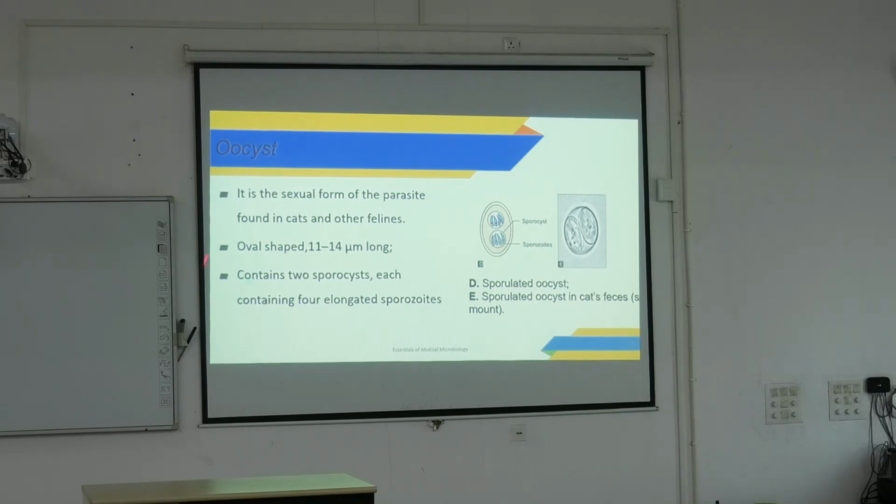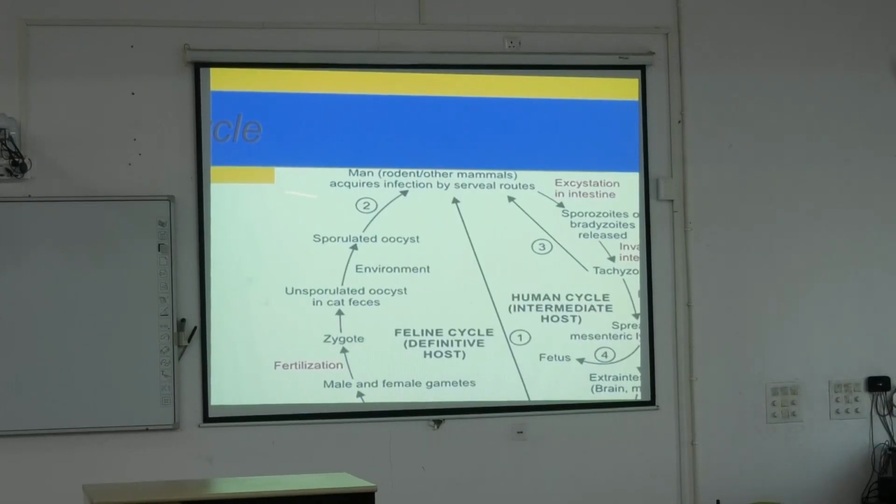It is the sexual form of the parasite found in cats and other felines. এটা কিন্তু হিউম্যানে পাওয়া যায় না। হিউম্যানে মাত্র দুটো ফর্মই অ্যাসেক্সুয়াল ফর্মই থাকে। ওয়ান ইজ ট্যাকিজয়েডস আর আরেকটা হলো টিস্যু সিস্ট, আরেকটা কি ইনফেক্টিভ ফর্ম স্পোরুলেটেড উসিস্ট, তাই তো? এইটা কোনো ক্যাট বা ফিলাইনের কাছ থেকে আসে। ম্যান অর আদার ম্যামালস, সেটা রোডেন্ট হতে পারে, ইঁদুর হতে পারে, অ্যাকোয়ার্স ইনফেকশন বাই সিভারাল রুটস।